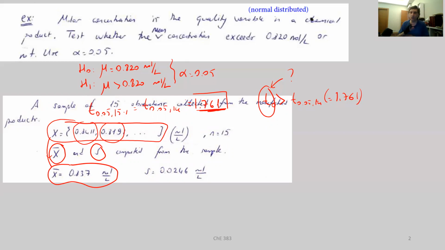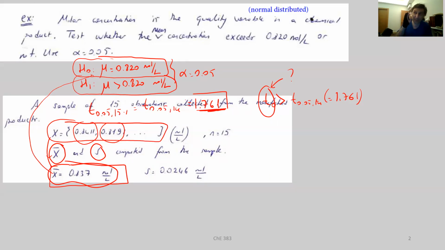First of all, let's not go over any of the topics blindly, and let's not go over this hypothesis test blindly. What was the idea here? Well, the status quo was that it is believed that mu is equal to 0.82 or 820. On the other hand, there is a suspicion, or a feeling, or a controversy that mu may be greater than that value. And when you take a sample of 15 observations, this is the X bar value. First of all, X bar has come out to be greater than 0.820. Now, this shows that we may be on the right track.